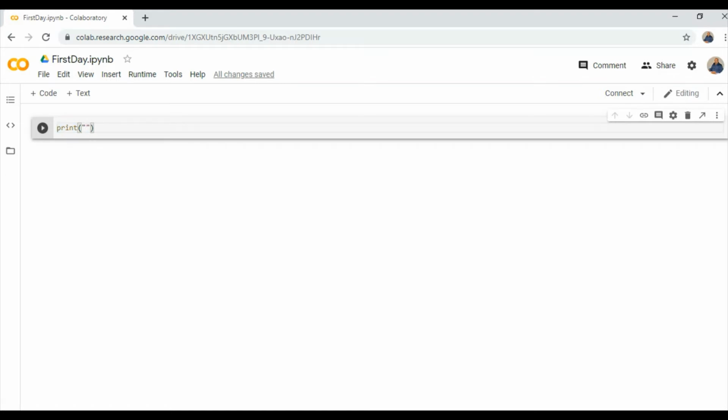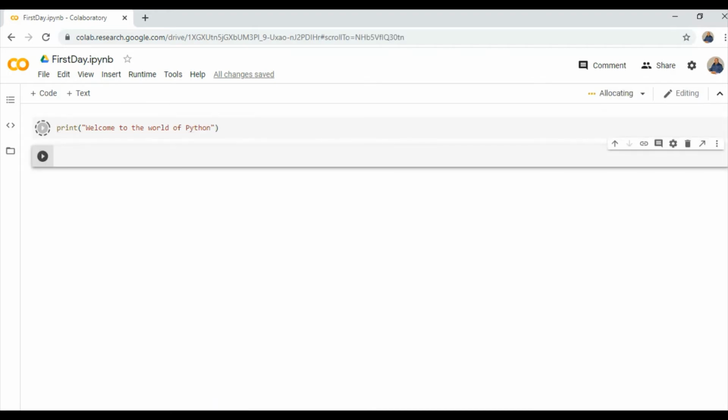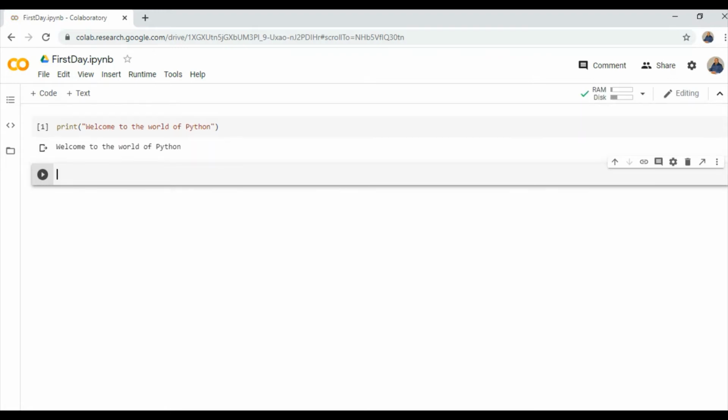What we are going to print, we have to write in double quotes under the function print. Inbuilt function is there, print. So, "Welcome to the world of Python." This we are going to print, and for running and creating a new cell we press shift and enter. You can see connecting and then initializing. The first time it will take some time, but later on it will be working fine. So you can see the output, welcome to the world of Python. What we did, we just pressed shift and enter.